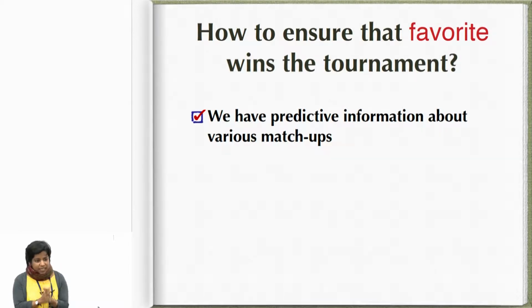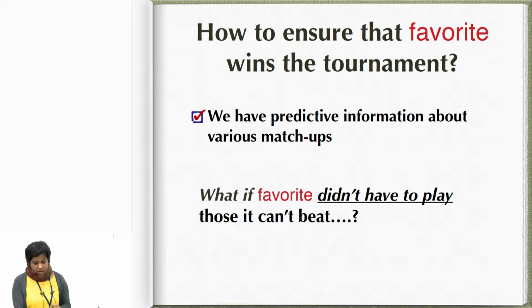Now this information is not perfect, in the sense that whatever the history of two teams might be, one team may have lost every single match up until now and then suddenly they win. So that sort of information is never 100% perfect. It's predictive only, and usually in real-life instances these are modeled by probability scores, like the probability of this team winning against that team is this, and therefore the probability of the opposite situation happening is 1 minus that value. And so the point is that